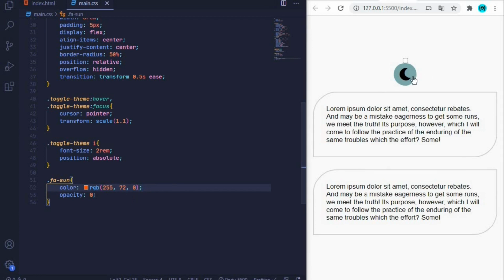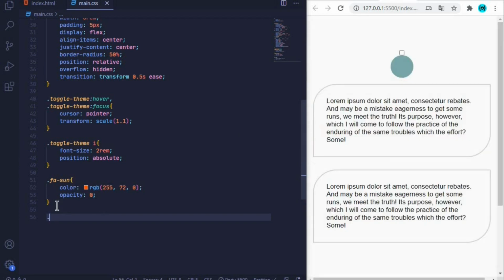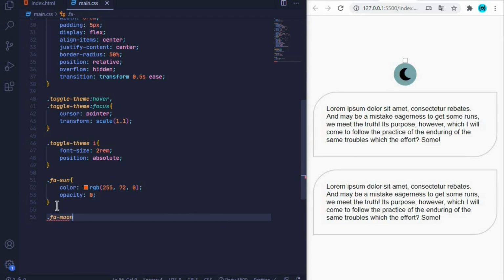So in the light mode, we'll only see our moon, but when we go to the dark mode, we will change the opacity back to 1. And then let's select our moon. So I'll come down here, select the far-moon class, and we will add a color